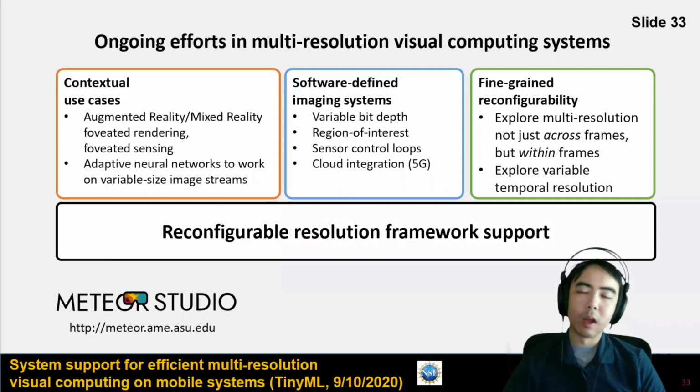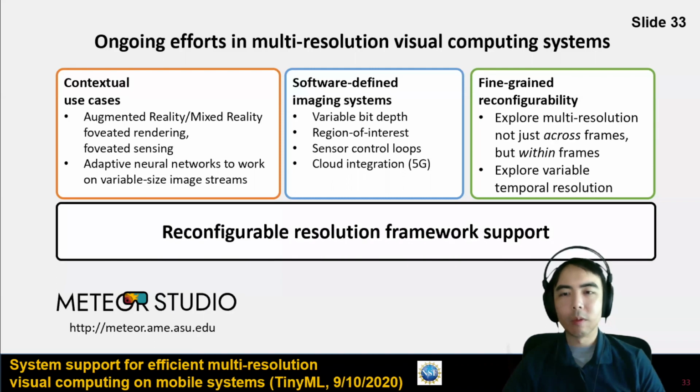And a pet project, not pet project, but actually a main project of mine is fine-grained reconfigurability as well. So exploring the concept of multi-resolution, not just across frames, from frame to frame, high resolution, low resolution, but actually within the frame. Because not all areas of your frame need the same amount of resolution. And like I said, people have been exploring this in the concept of rendering, but I think there's a lot of fruit to be looked at when doing this inside of the image frames for the image sensing, for the visual sensing tasks at hand.